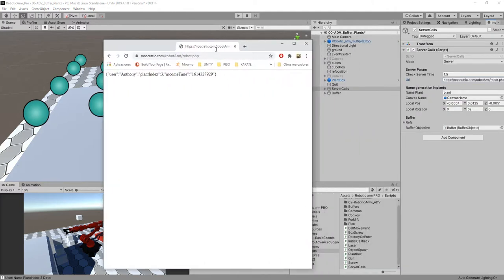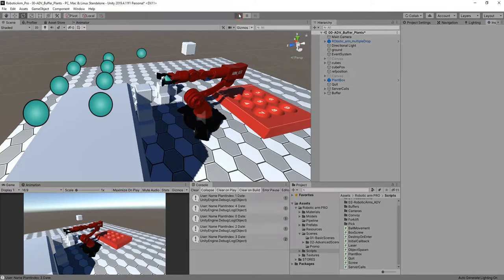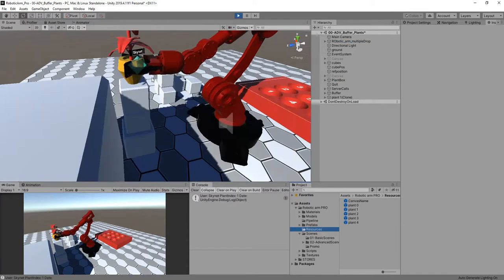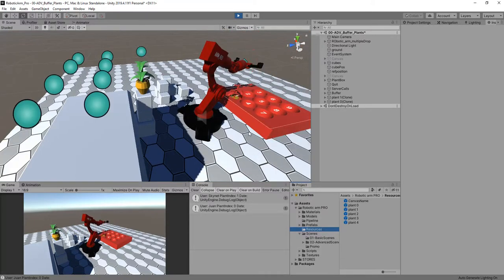that is going to have this structure. You have a username, a plant index, and income time. So we are using this information from the server, you can see here, to generate different plants that are in the resource files. So the script is going to generate a Skynet plant here with the index 1, and the